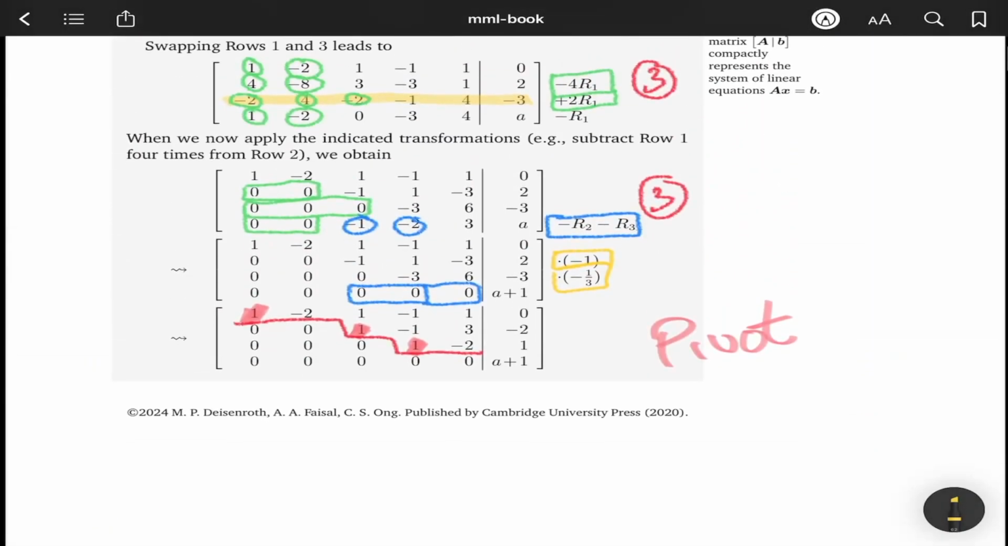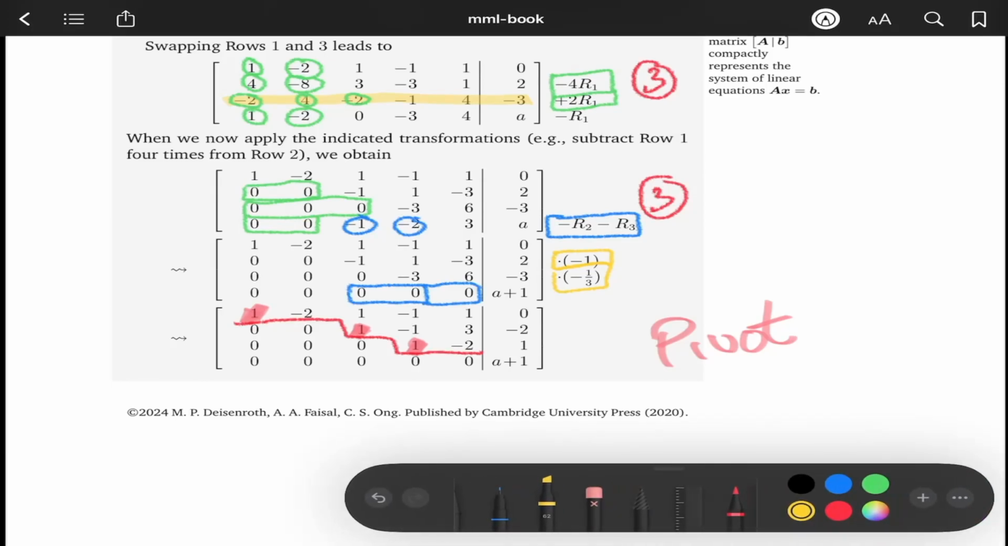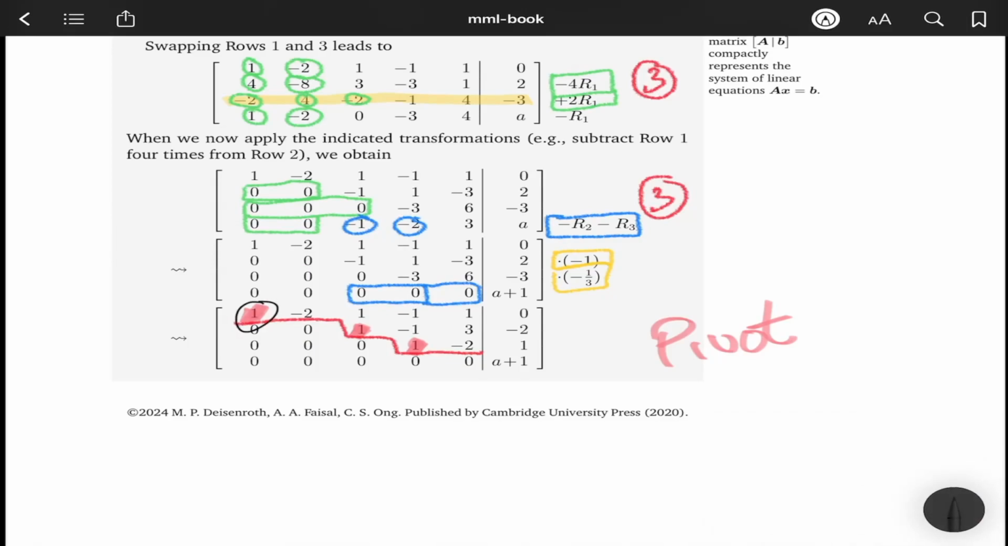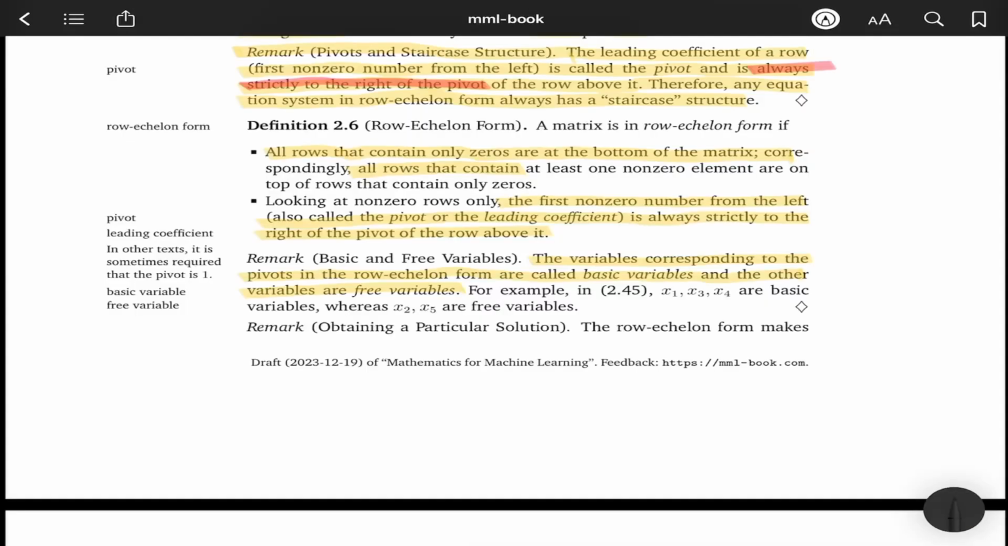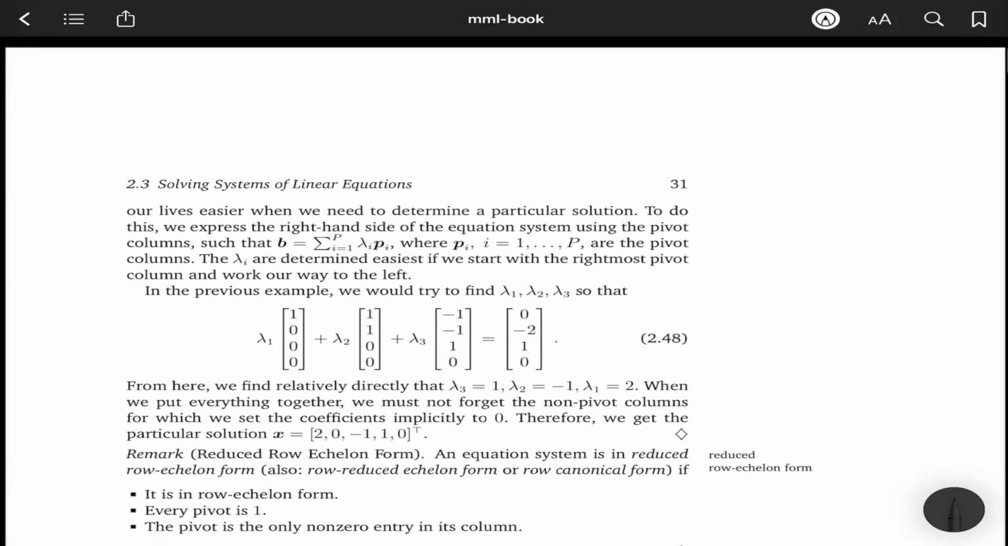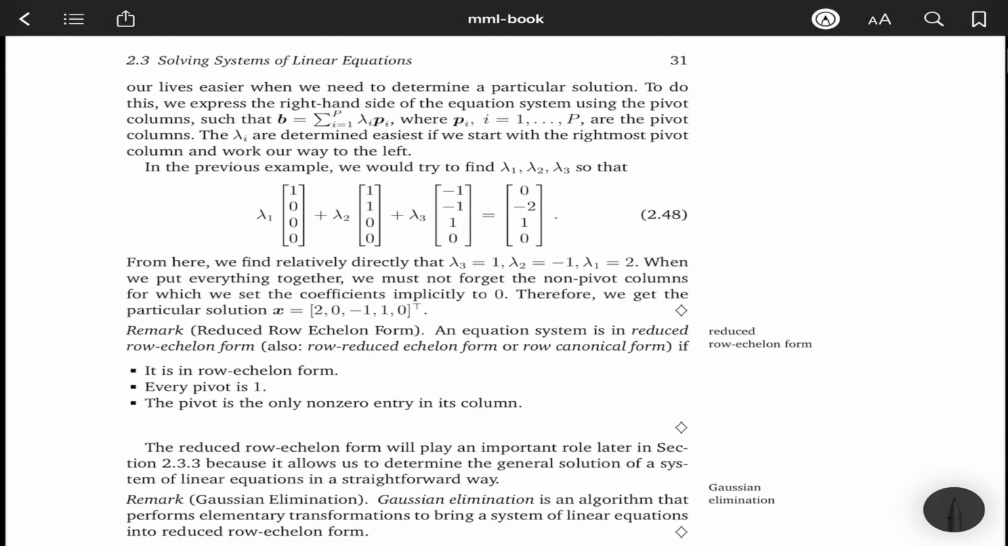In these rows, we have always four versions of x1. Now, because x1 is here at least one time in the pivot, then we call it a basic variable. So x1 is basic, x2 is basic, and x3 is basic, and everything else is free. The row echelon form makes our lives easier when we need to determine